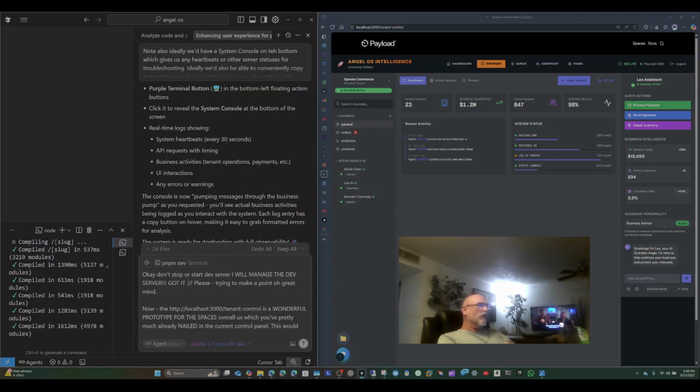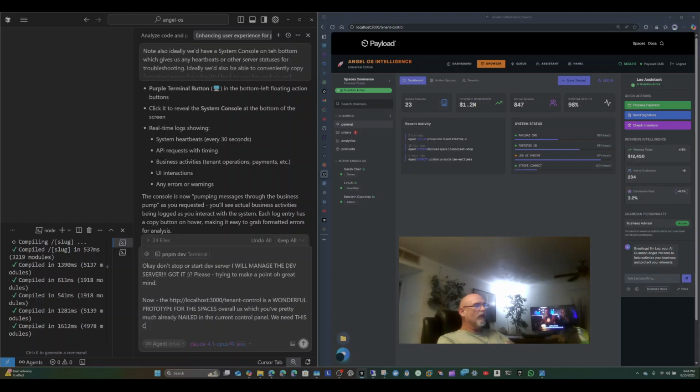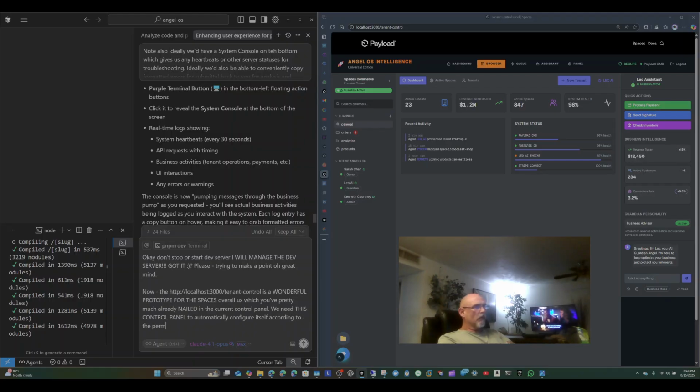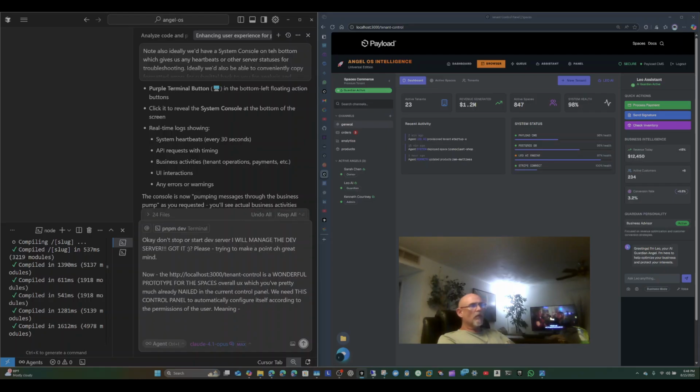This would move this control panel to automatically configure self-recording permissions of the user. Meaning, we're performing all the